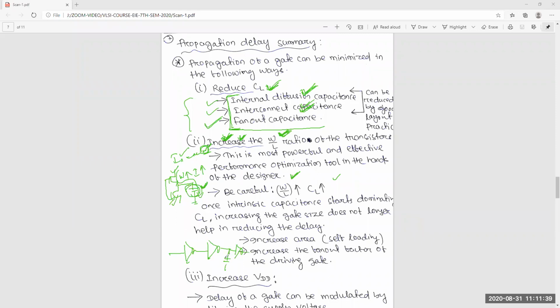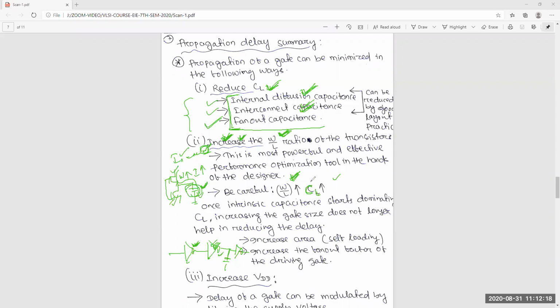So you are calculating for this transistor, this inverter. But if you are increasing W/L, then in CL also you are adding some capacitance, and also this CGS, all this thing is loading up the previous inverters. Okay, in two ways you get a disadvantage. So the thing is, increase the W/L value up to the point that CL is dominating. Once the intrinsic capacitance dominates, then after that you will not get the advantage.